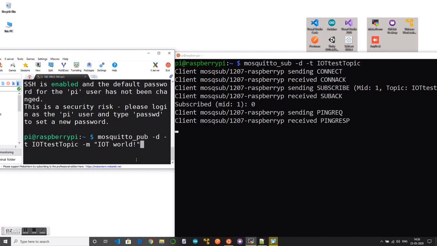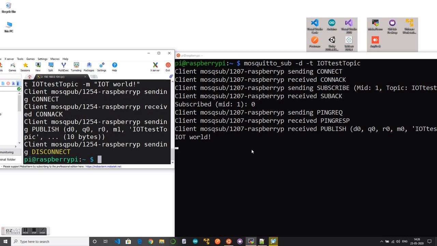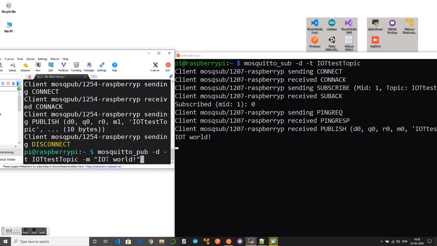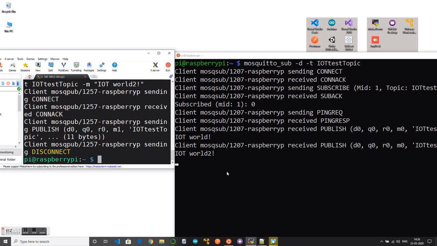Now I'm sending a message, IoT World, and you can see in the other window that IoT World is published. Let me send one more message, IoT World 2. You can see the second message arrived. So this means my Raspberry Pi installation is perfect and working fine.